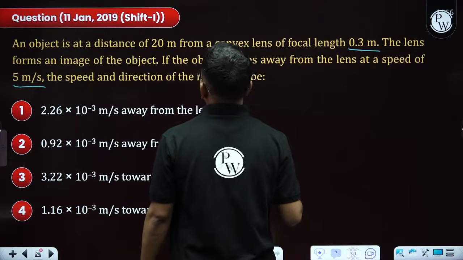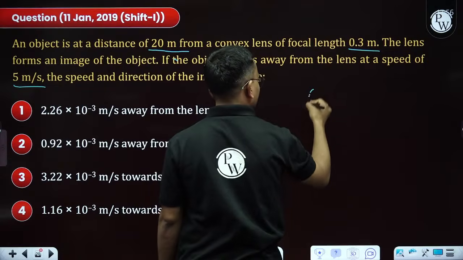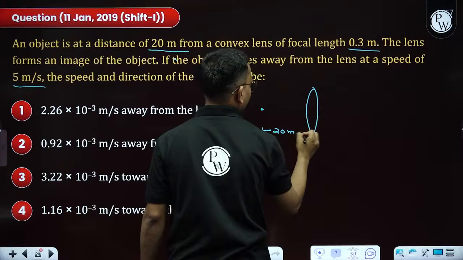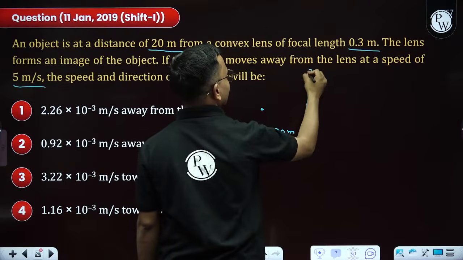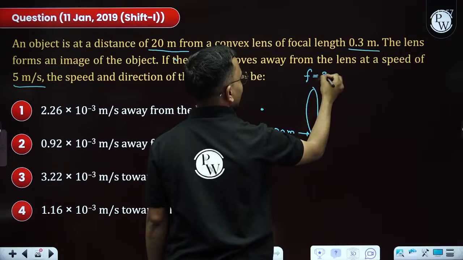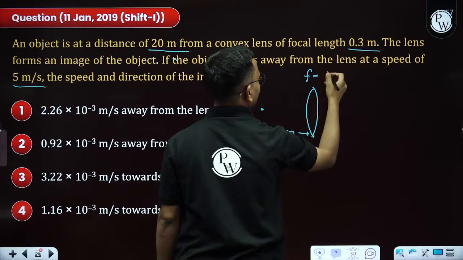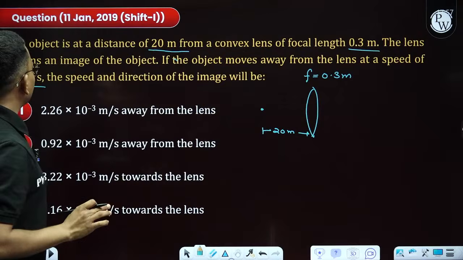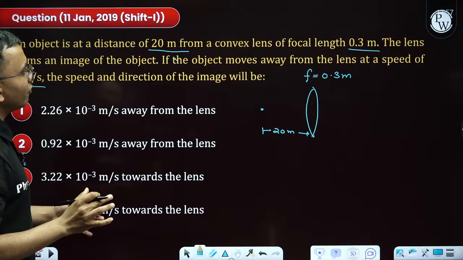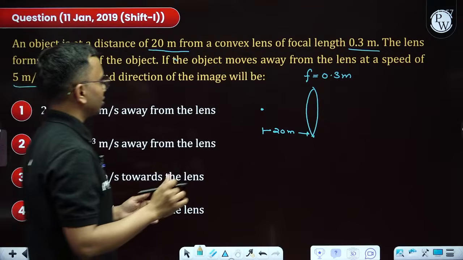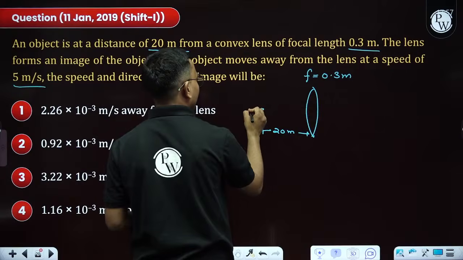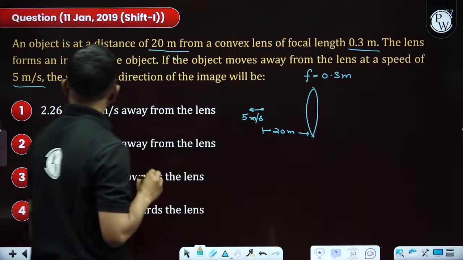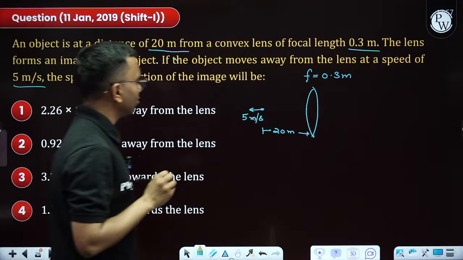An object is placed at a distance of 20 meter. This is my lens. Here is the object. This is 20 meter. Focal length is 0.3 meter. So 30 centimeter, or let us write in meter only, 0.3 meter, because here also it is given in meter. The lens forms an image of the object. If the object moves away from the lens at a speed of 5 meter per second, it means the object is moving away from the lens like this with a speed of 5 meter per second. The speed and direction of the image will be,